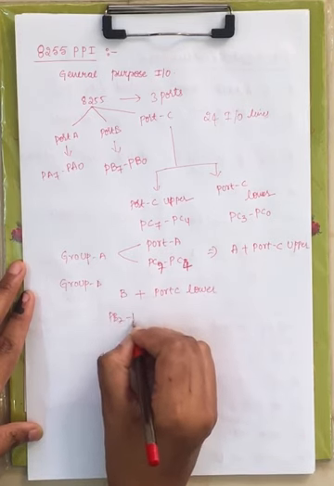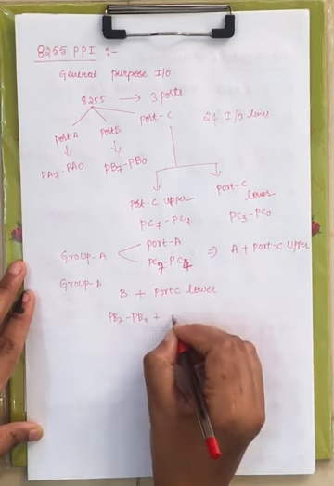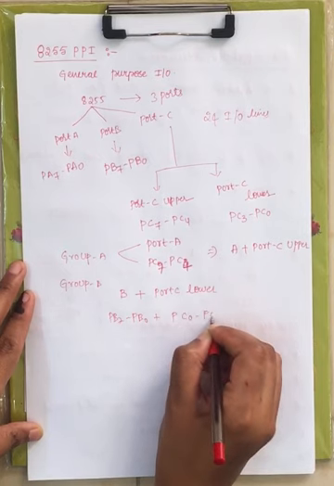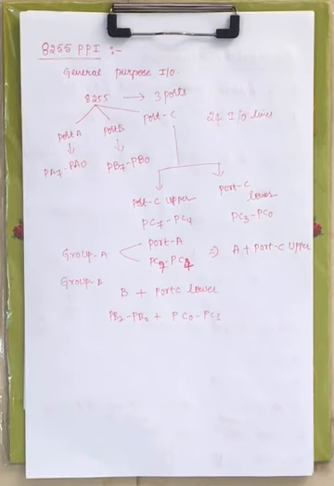Similarly, group B contains port B along with port C lower. Those are PB7 to PB0 plus port C lower, PC0 to PC3. These 12 I/O lines come under the category of group B. So the total 24 I/O lines can be categorized into group A and group B: under group A, port A along with port C upper, and under group B, port B along with port C lower. That is a brief description of the 8255.